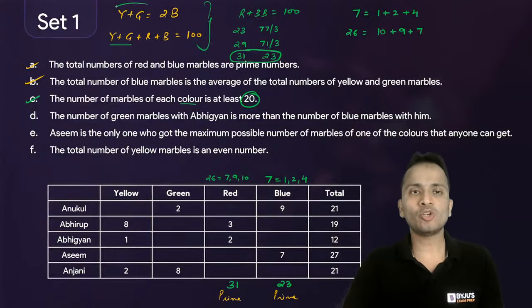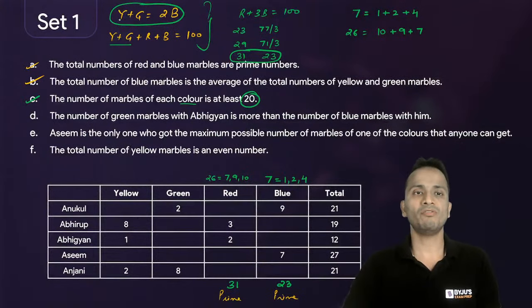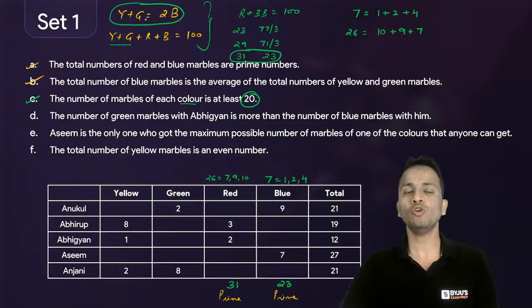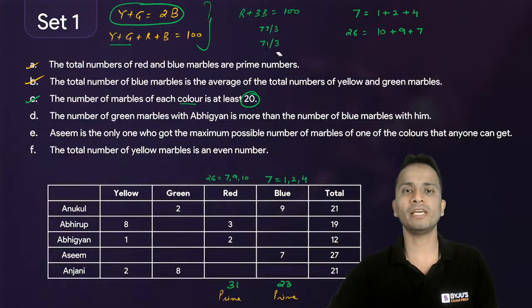I will go back to one of the equations which is y plus g, yellow plus green is equal to twice of blue. Now I will erase something जो भी मैंने note कर लिया है वो मैं erase कर देता